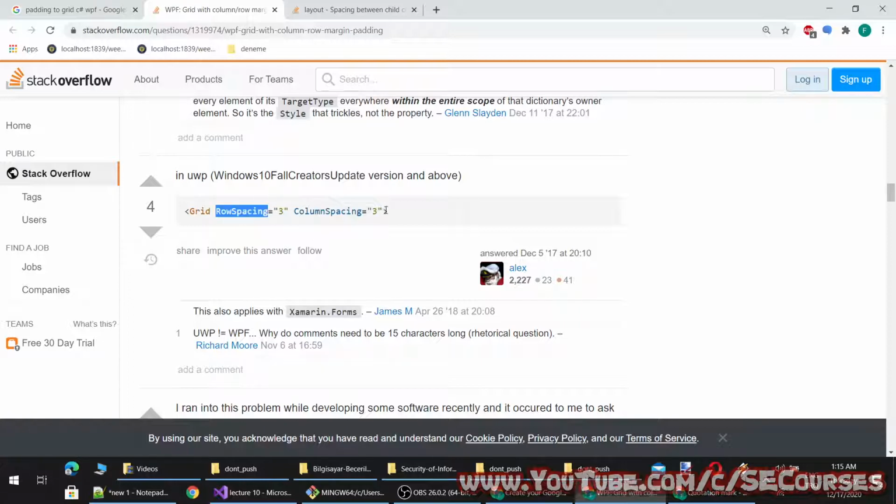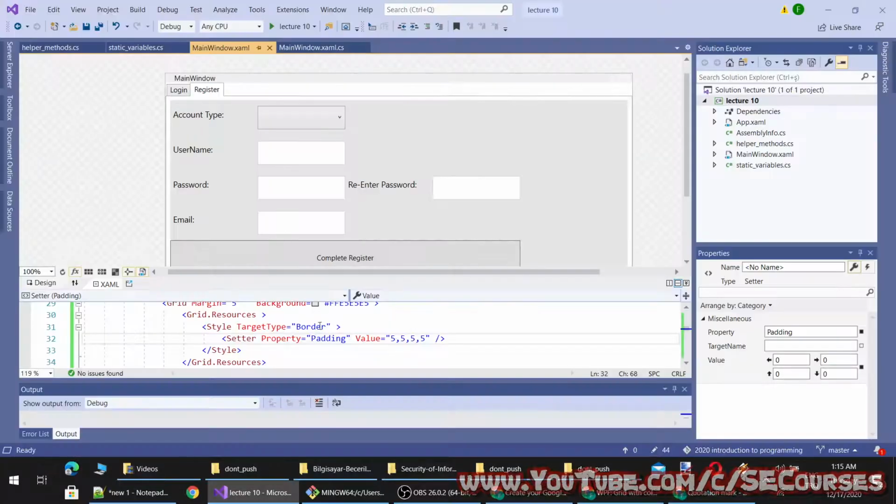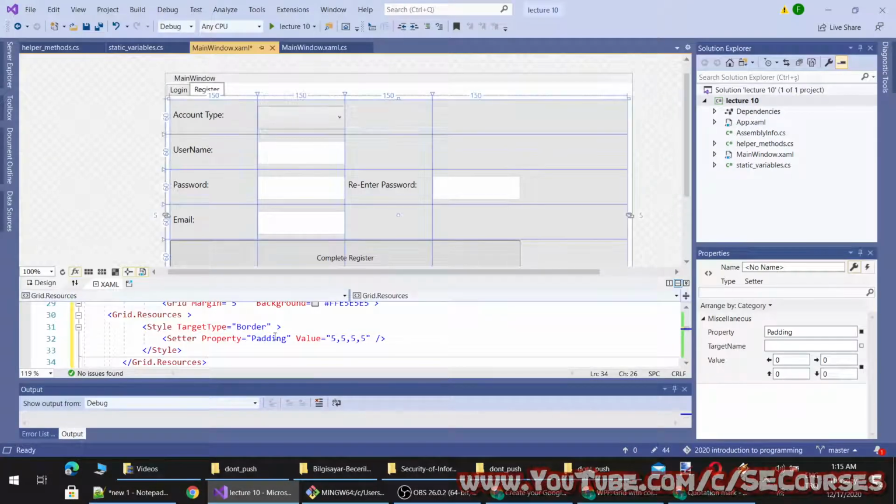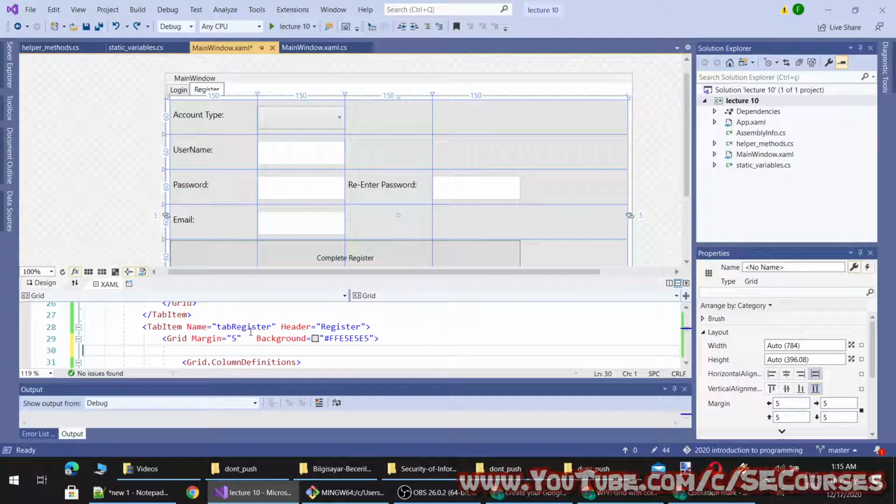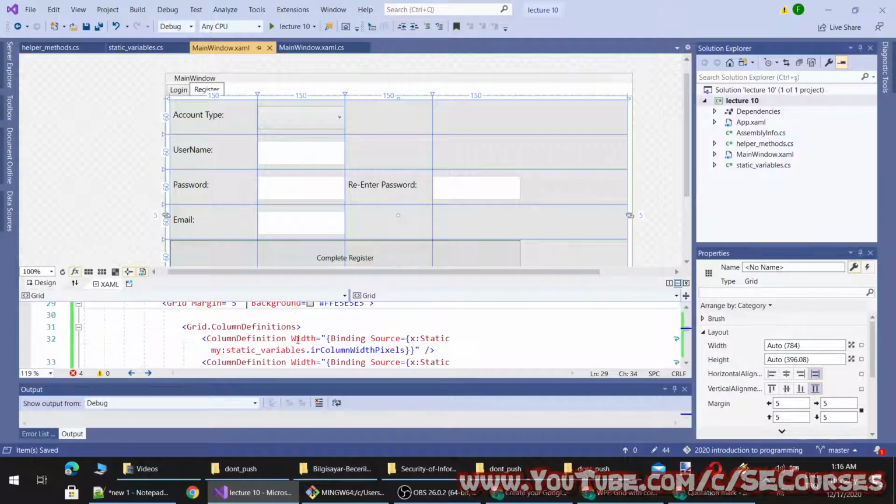There is row spacing and column spacing. Let's try this, maybe this may work. I'm not sure what word to try. No, it doesn't work because there is no such property.